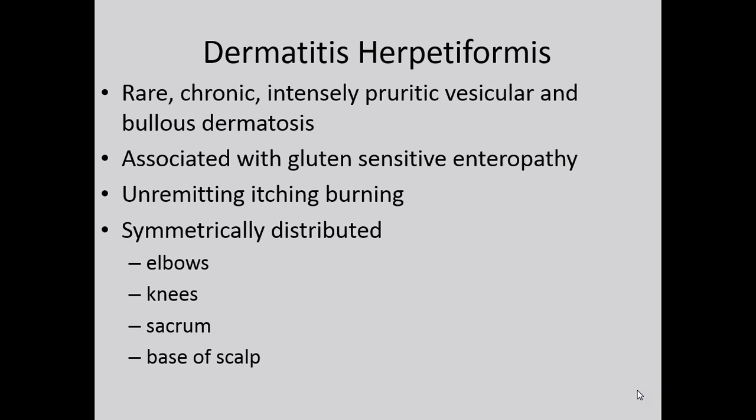These can be usually on the extremities, so we'll see them in the elbows and the knees. Sometimes the sacrum, although that's not as common, maybe a little bit more common than the sacrum is the base of the scalp. Notice that this is where we usually see psoriasis, as we usually see it on the extensor side of the extremities, the knees, the elbows, and also the base of the scalp. So is there a connection there? There probably is, because it's the same kind of eczematic condition, or possibly a subclinical level of